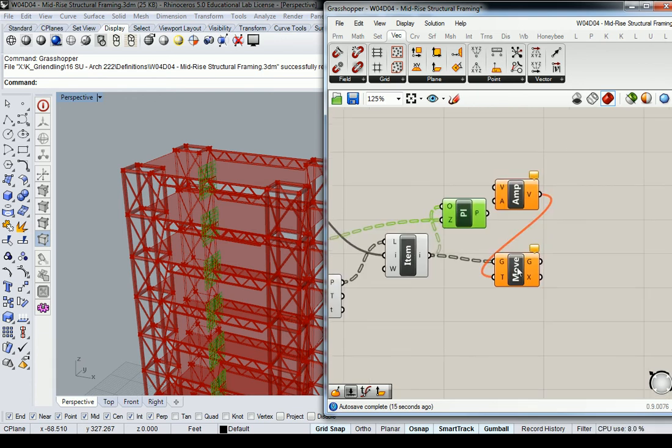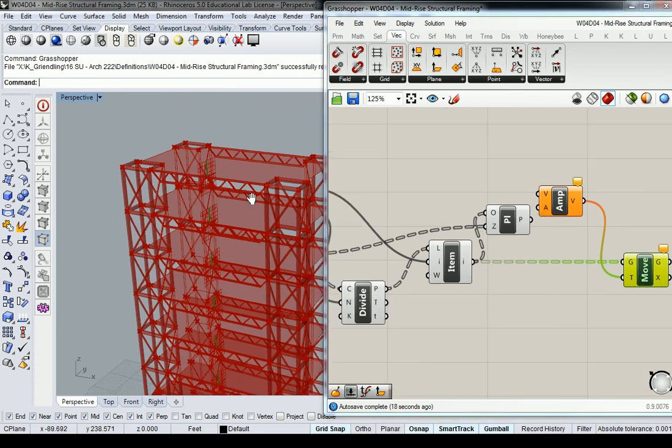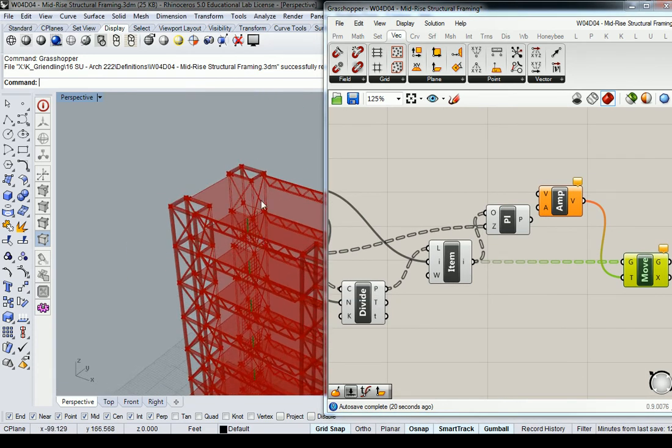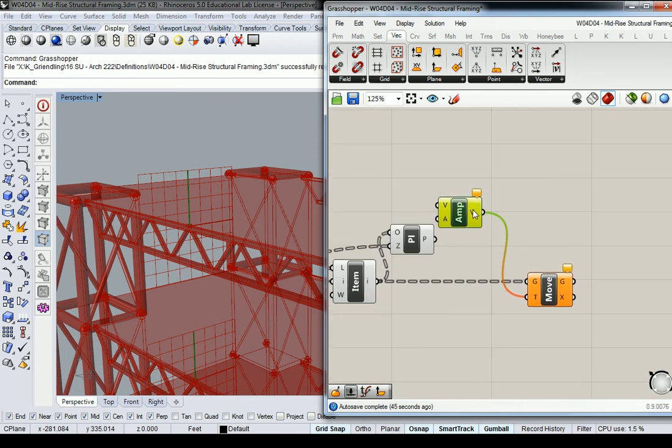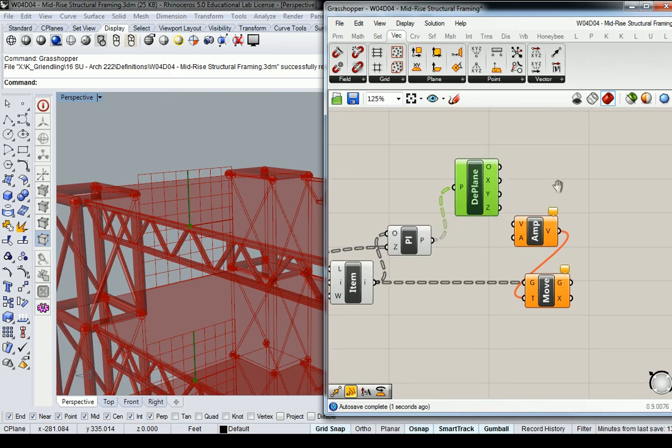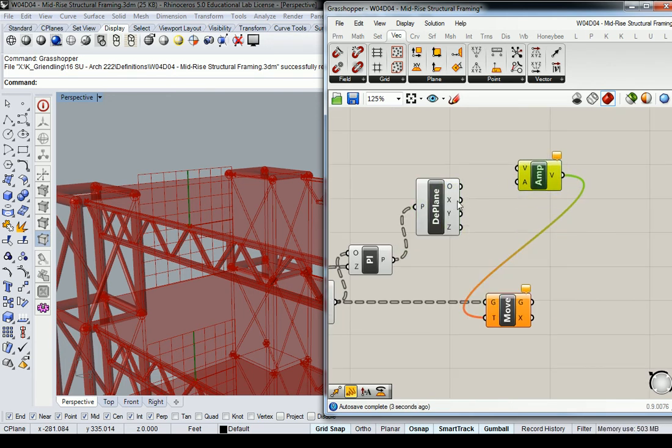So anyway, from here I'm going to start constructing my extrusion, but I need to look at the direction my planes are going. I know you guys can barely see that up on screen there, but the green axis is going vertical, and the x-axis is going in toward the centroid of my slab, or the center of my slab, whatever. So essentially the way that I want to move this is in the negative x direction, because the red one is the x-axis. So I'll have to deconstruct this plane, and I'm going to use the x-axis, right? So I plug this in here,